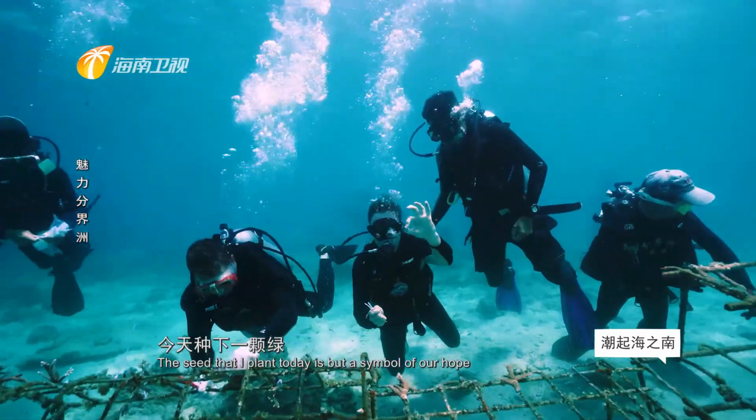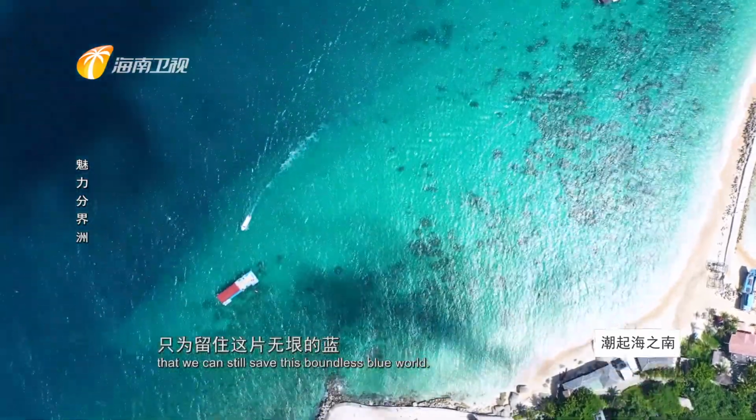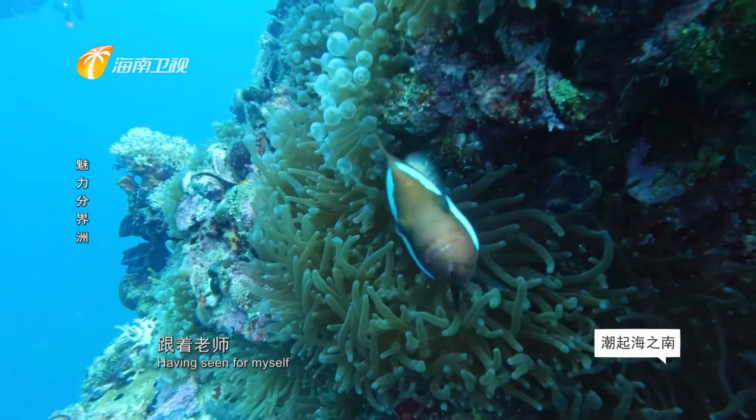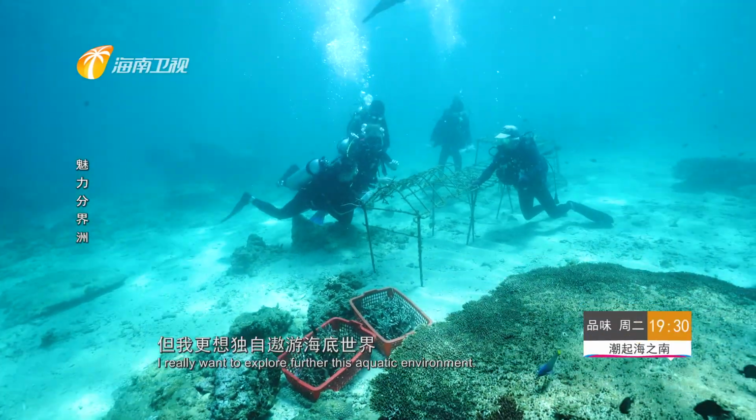The ocean is home to so much life. The seed that I plant today is but a symbol of our hope that we can still save this boundless blue world. Having seen for myself the frenzy of colours on the seafloor, I really want to explore further this